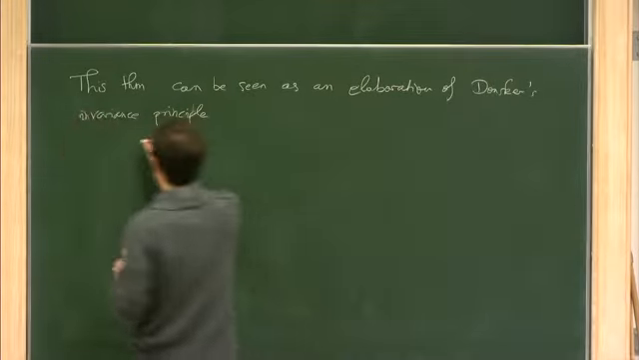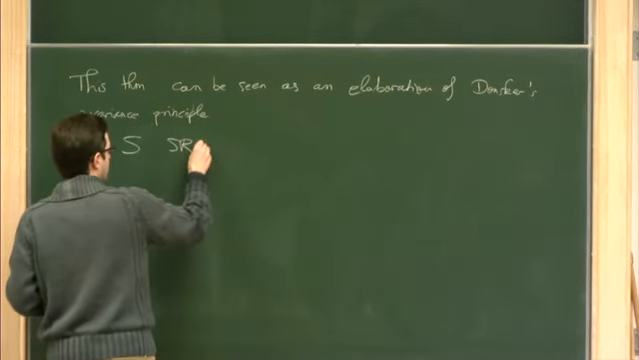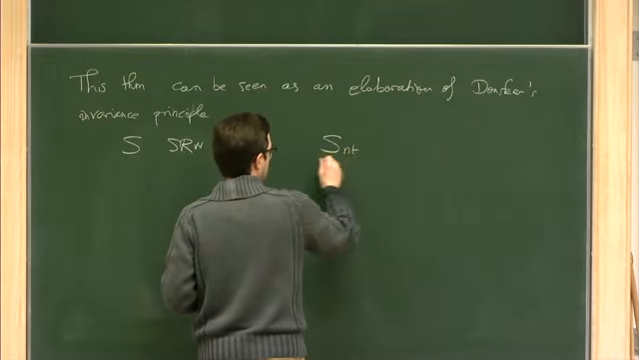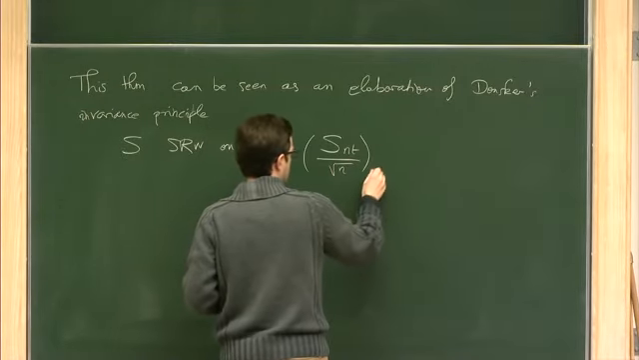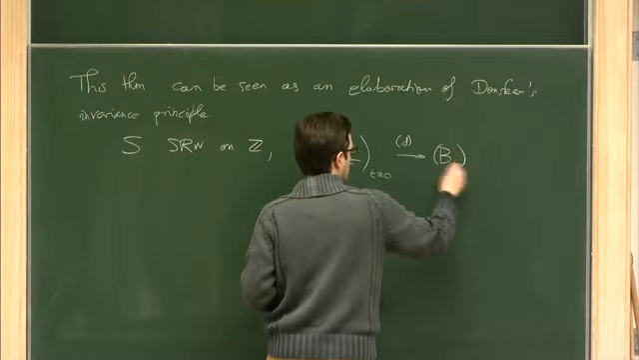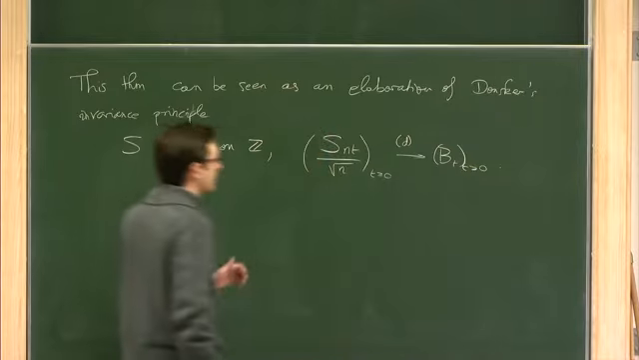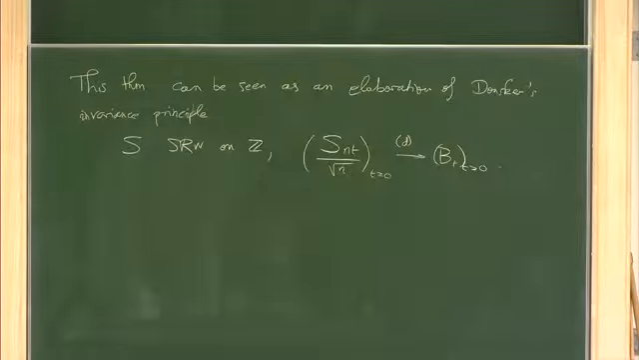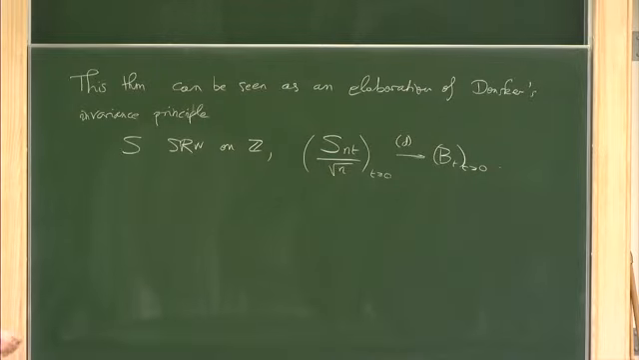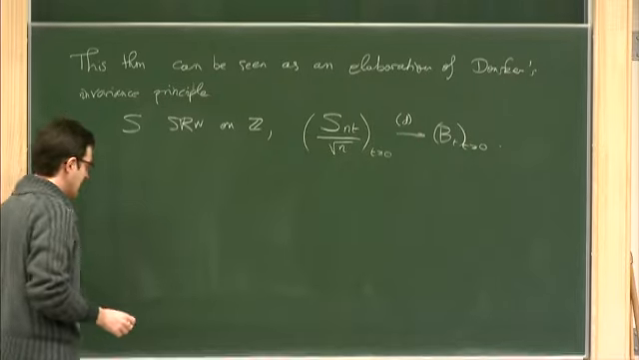So if I take S, a simple random walk on Z, and look at S at time nt divided by square root n, this converges in distribution to Brownian motion. You can, if you like, restrict the path to [0,1] if you want to stay in the context of continuous functions on [0,1], but otherwise you can take the topology of uniform convergence on compacts. And the observation that you make is that